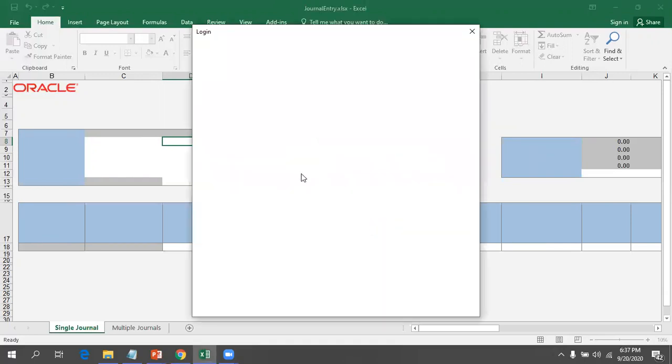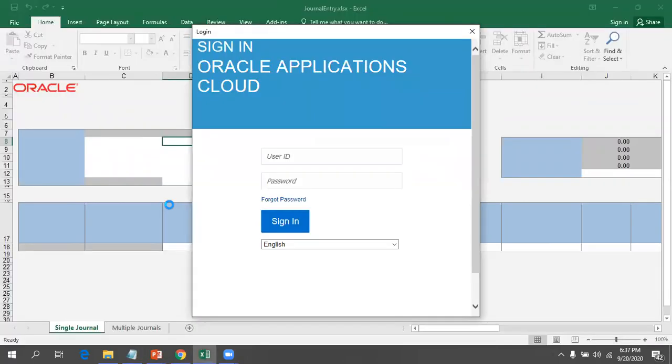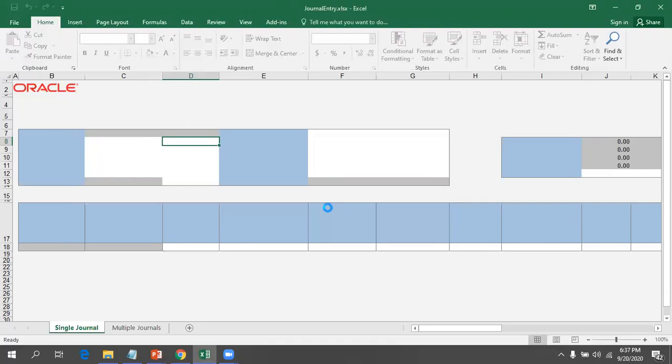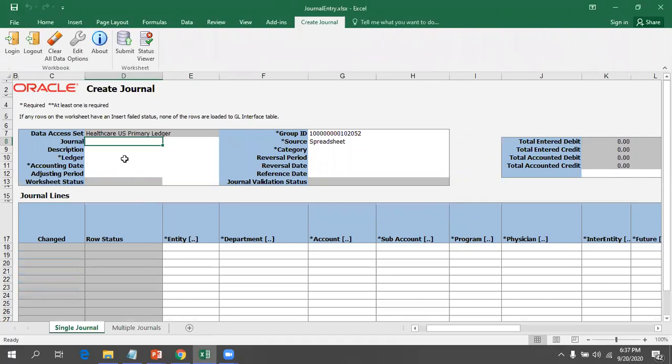Click on Yes. Now provide your SaaS credentials. In my case, I'll provide the credentials for the FINA-IMPL user. Click on Sign In. Now it will validate the credentials. If everything works well, it will do an automatic data download, whatever data I have for my user.